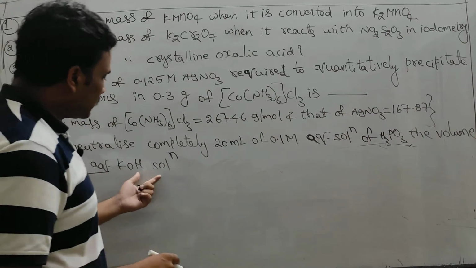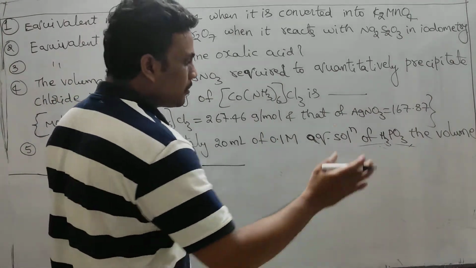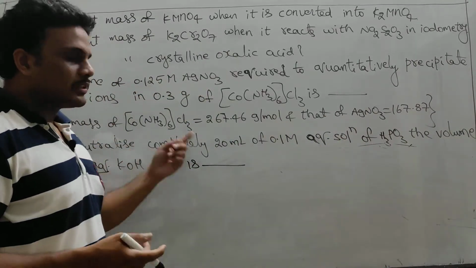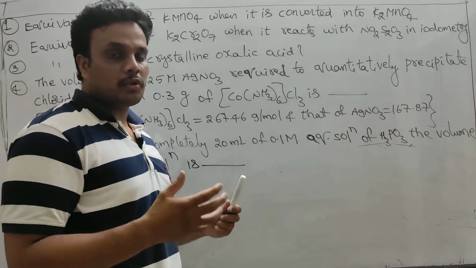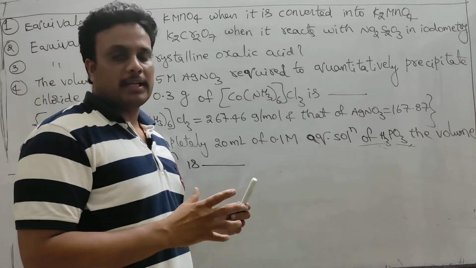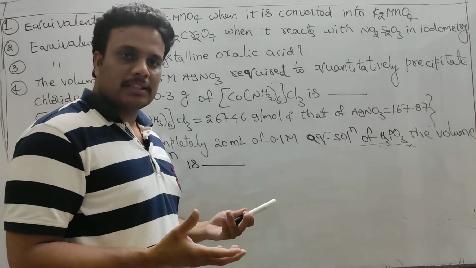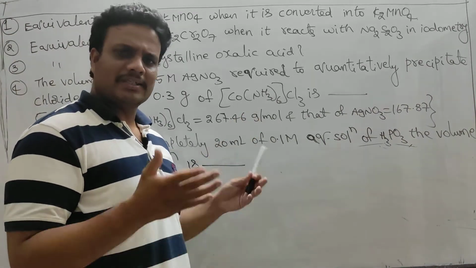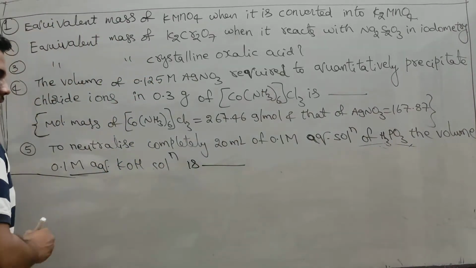volume of aqueous KOH solution is. So, in this question, we are given information about an acid and base. And it is clear that it is a neutralization reaction. Already I told you, the formula of number of equivalents or milli equivalents is not restricted to a particular type of reaction. You can use this formula for acid-base reaction, redox reaction, precipitation reaction, any reaction. If it is a chemical reaction, you can use it. So what is the acid? H3PO3.